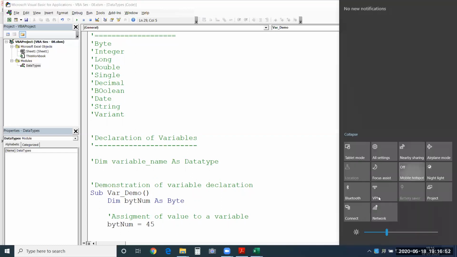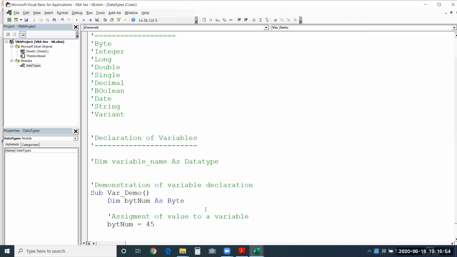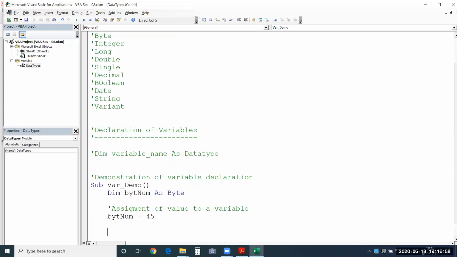What you can do is, I want to see the output of this, whether it has stored the value properly. I'm going to use the variable name now. When you directly provide a value like this within your macro, it is known as hard coded values. When you're directly providing it, that is the meaning of it.